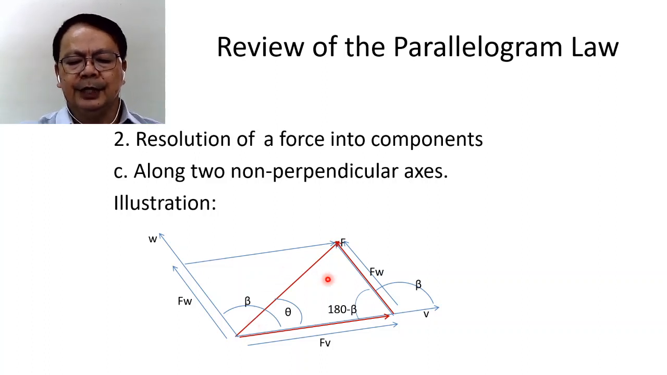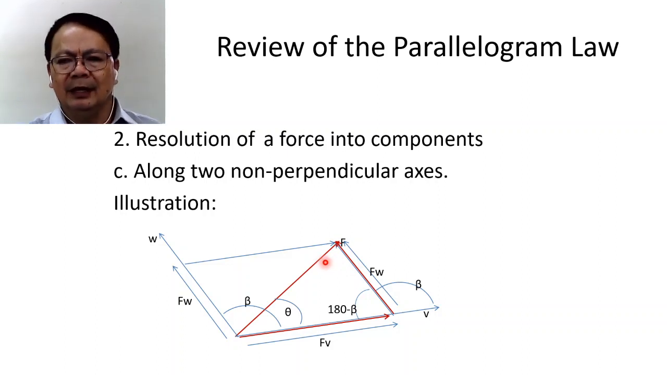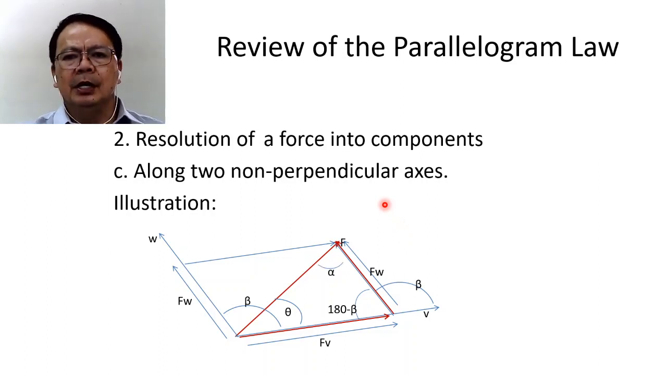Because this angle can be computed using the concept that the sum of the interior angles of a triangle is equal to 180. Therefore, that angle can be computed, assuming that angle is equal to alpha. Now, with the three interior angles of the triangle known, the two remaining sides can be computed using the